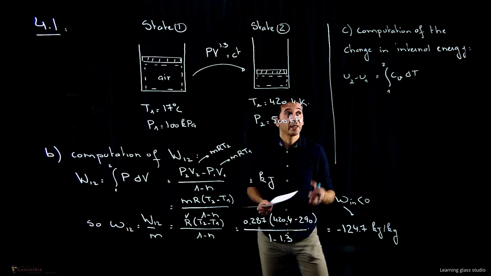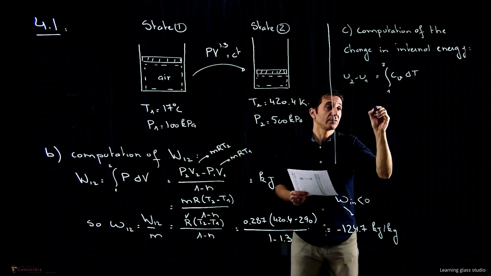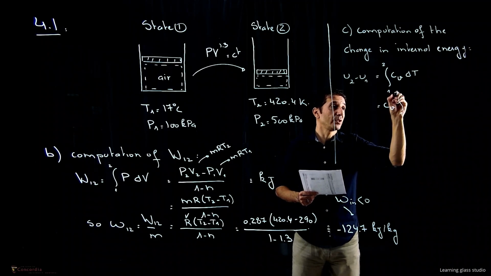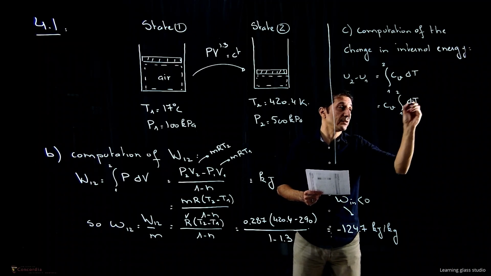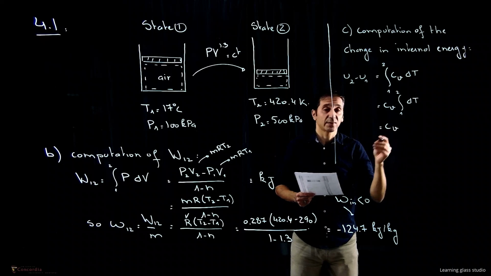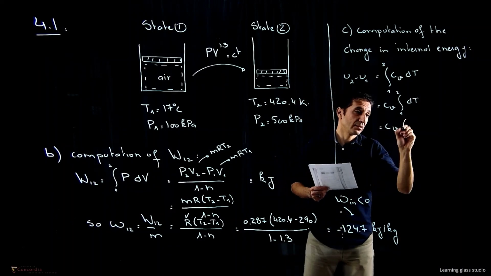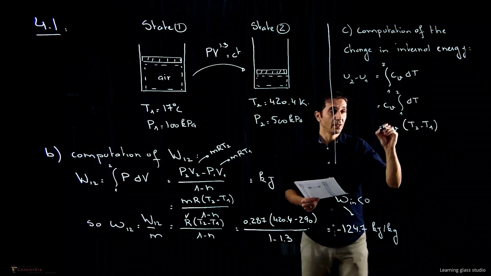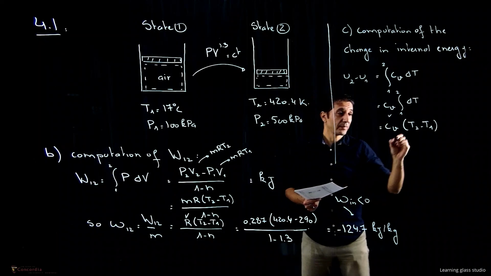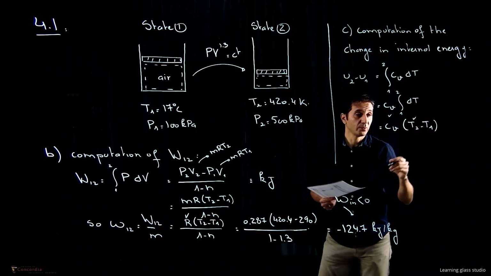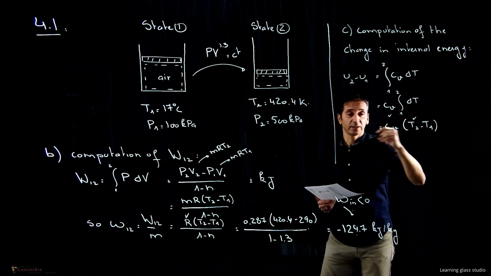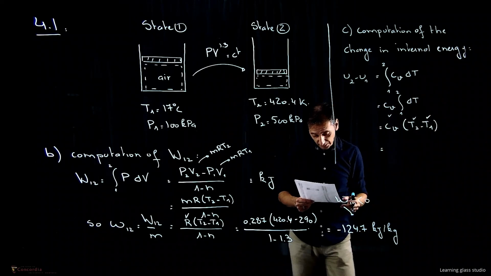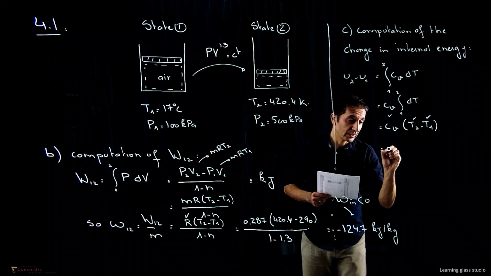If we assume now that CV remains constant, this will be equal to CV times the integral from 1 to 2 of dT, and this will give us simply CV times (T2 minus T1). We are given CV, we just calculated T2, and we are given T1. So we just have to plug in our values, and this will give us